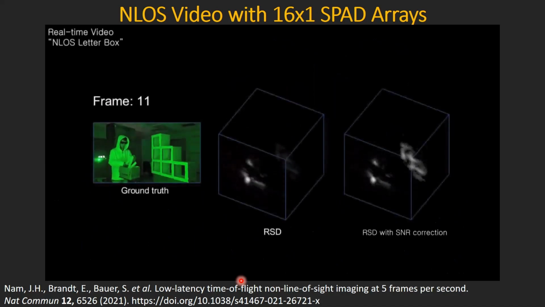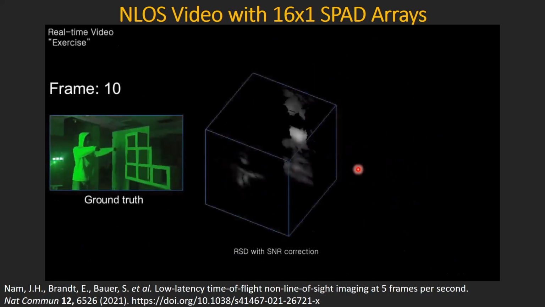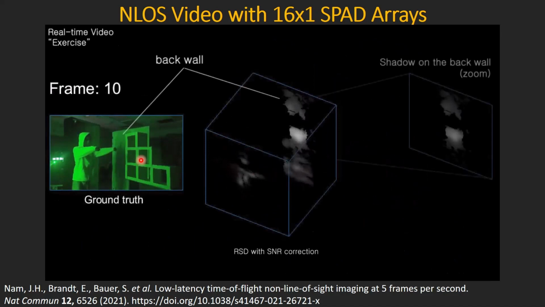And then we just did some more demonstration here. So this is Jihan getting the letters N, L, O, and S out of a box. You can see here again, without the correction, you can barely see the shelf in the back. But once we apply our correction algorithm, the things in the front and the back show up at roughly the same quality. Here it's more exercise, but with the wall in the back, you can see there's a shadow on the wall.